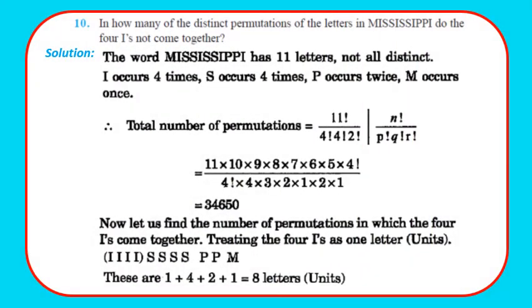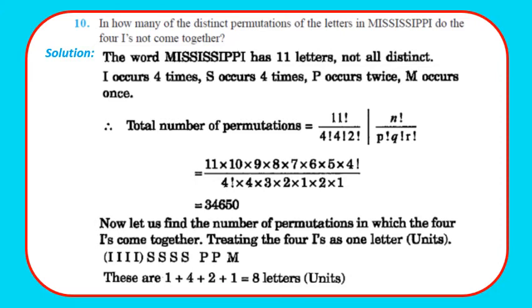Moving to question 10. In how many of the distinct permutations of the letters of the word Mississippi do the 4 I's not come together? Okay, so we have 11 letters in the word Mississippi, and not all are different. So we are going to use the theorem n factorial upon p factorial q factorial r factorial. So the total number of arrangements will be equal to 11 factorial upon 4 factorial for the 4 I's, 4 factorial for the 4 S's, and 2 factorial for the 2 P's, which is equal to 34,650